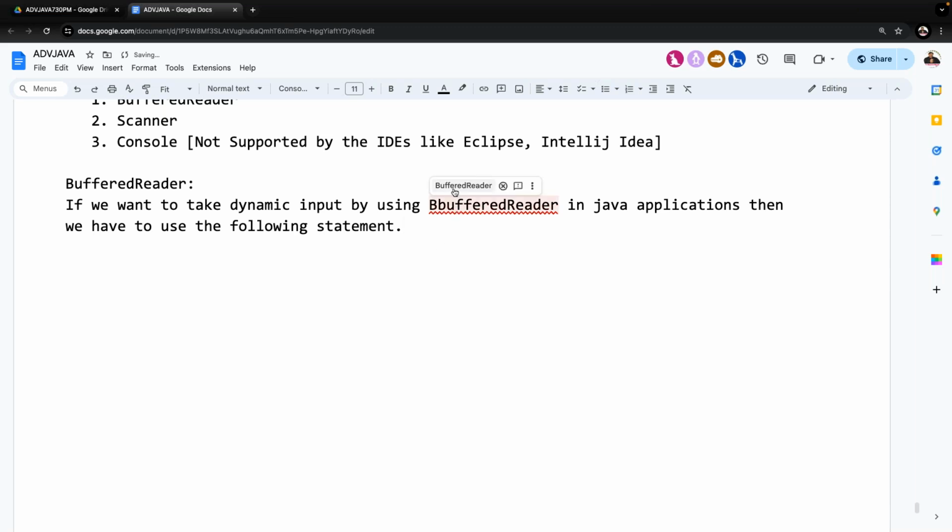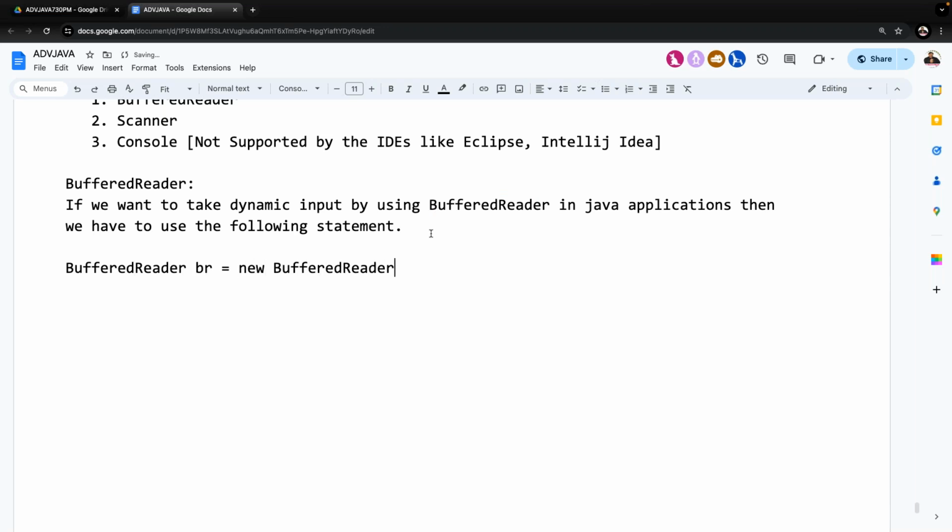Right, so then what statement here we have to use there? BufferedReader br is equal to new BufferedReader of new InputStreamReader of, there we are going to provide System.in. Right, now the standard statement that we have to remember in our advanced Java classes, frequently I'm going to use this